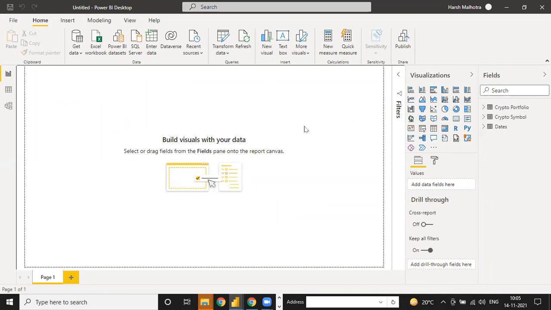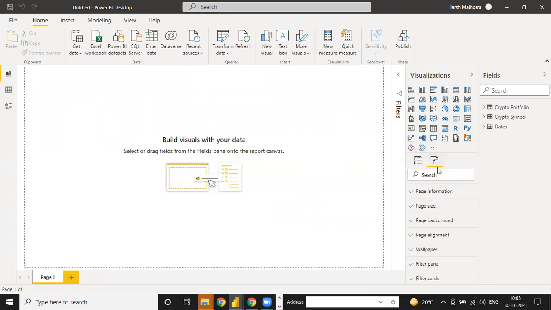Before analyzing, guys, every dashboard is very good for presentation, so we have to analyze how to present your data. This is your Power BI page and these are the tools of this Power BI page. Suppose you need to change the page information, right now it's page 1, you can directly change the page name to crypto summary, and see the name is written crypto summary. So this is your page information.